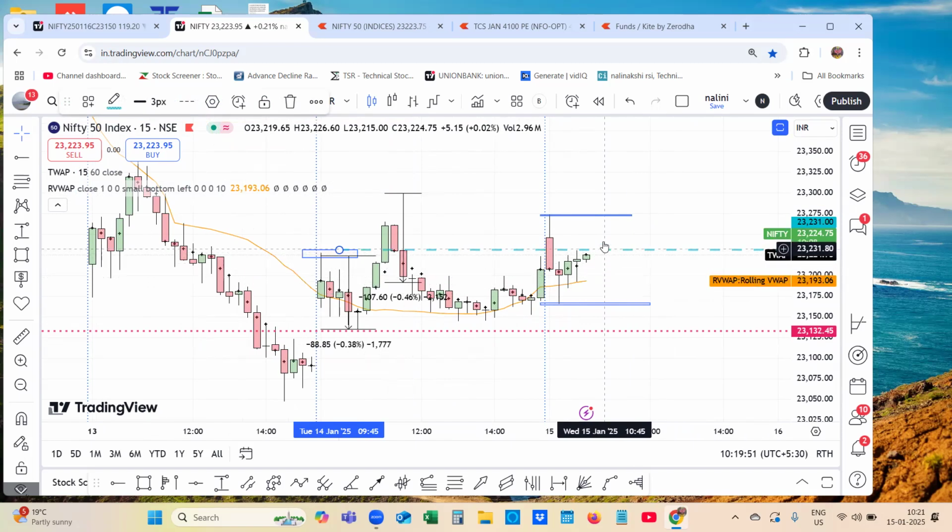Now the price is making an attempt. The price play is within the range. Small candles within the range, 5 candles within the range. But here the second candle made the low and it is trading towards the high of the first candle. So there is no clarity in the direction of the movement. Probably again it can move towards this. Suppose it breaks above this range,